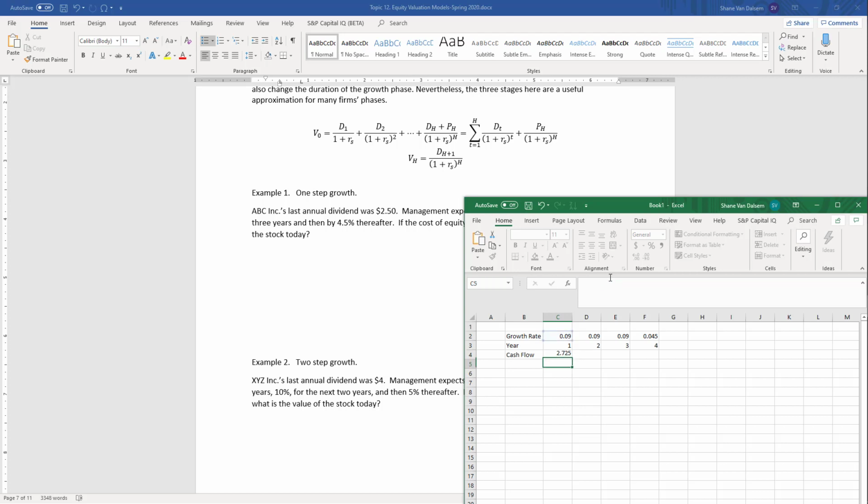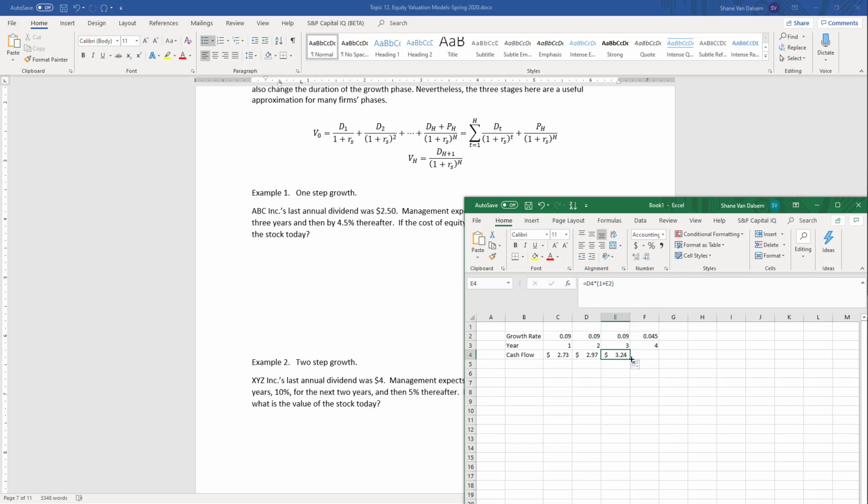That's better here. All right, $2.725 for year two. Our dividend is again going to grow by 9% a year. So we're going to get this equal to the dividend multiplied by 1 plus the growth rate for year two. So I get 2.97. I'll just drag here for year three. I get 3.24, and all this is doing is taking that last dividend, multiplying it by 1 plus the growth